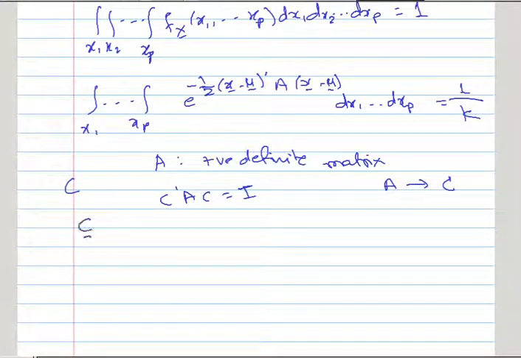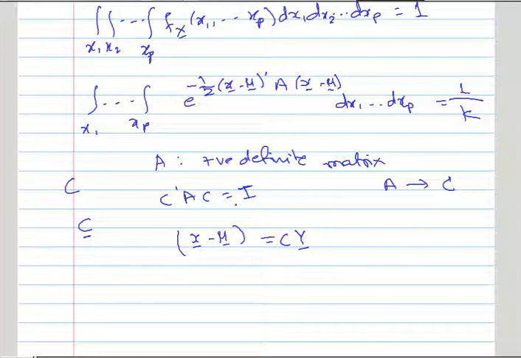Now we are having C with us. So this x bar minus mu bar will have a transformation here. We will bring into picture a random vector y bar, such that C into y bar will be equal to this quantity. So x bar minus mu bar will be considered to be C y bar, and what this C is, that matrix for which C prime AC is equal to I. So based on matrix A, we have obtained matrix C such that C prime AC is equal to I.